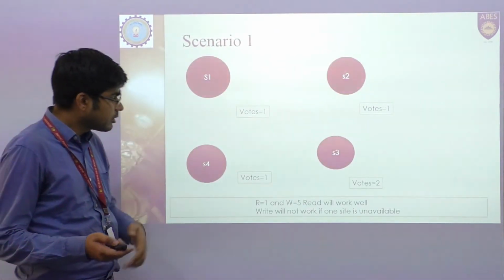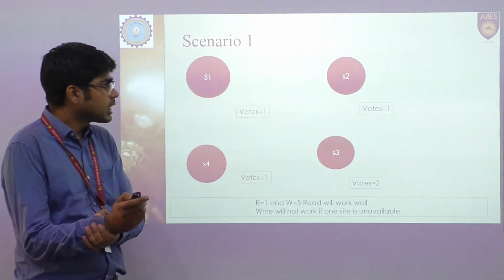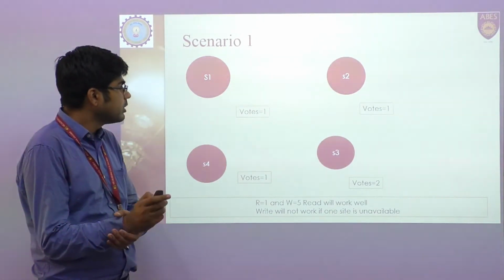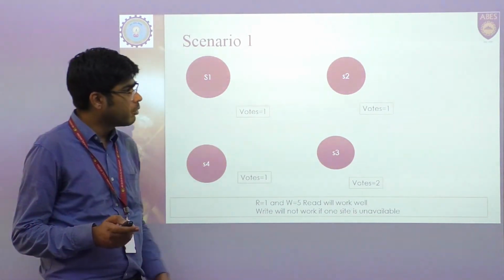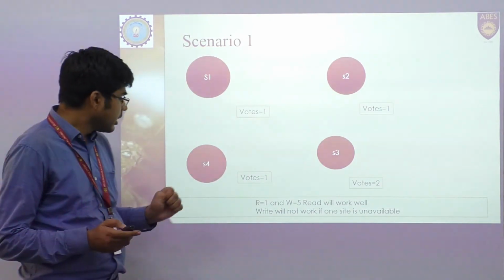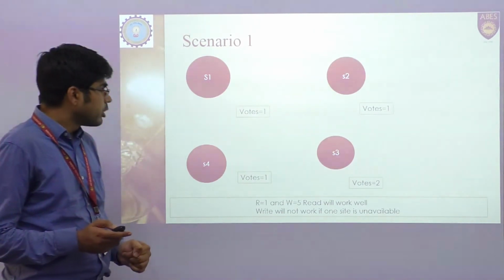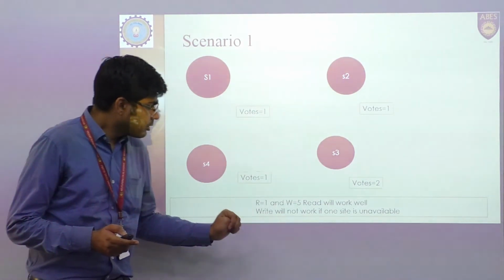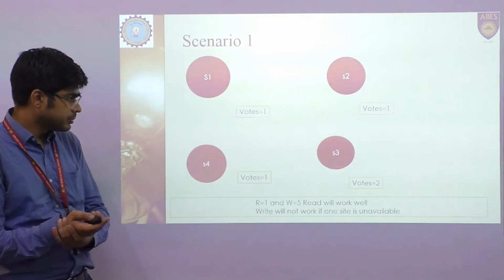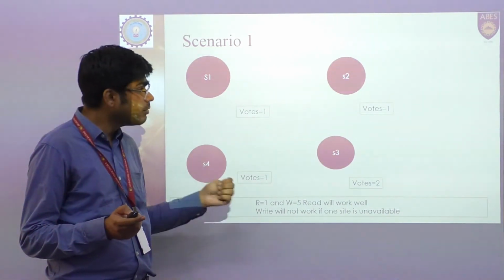ठीक है. Now this is a scenario 1. अब यहाँ पे देखिए हमने क्या कर रखा है, यहाँ पे हमने एक scenario दिखाया. Here what we are having, S1 is having a vote value 1, S2 is having a vote value 1, S4 is having a vote value 1 and S3 is having a vote value 2. Since R is equal to 1 and W is equal to 5, so read will work